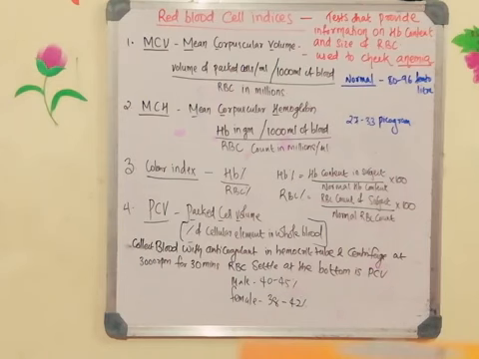Mean corpuscular volume is more in the case of pernicious anemia and megaloblastic anemia. Pernicious anemia and megaloblastic anemia both are because of vitamin B12 deficiency. This is anemia that results from inhibition of DNA synthesis during the RBC production. Therefore, the cell cycle won't progress from G2 phase to M phase. And this is mainly because of vitamin B12 deficiency.